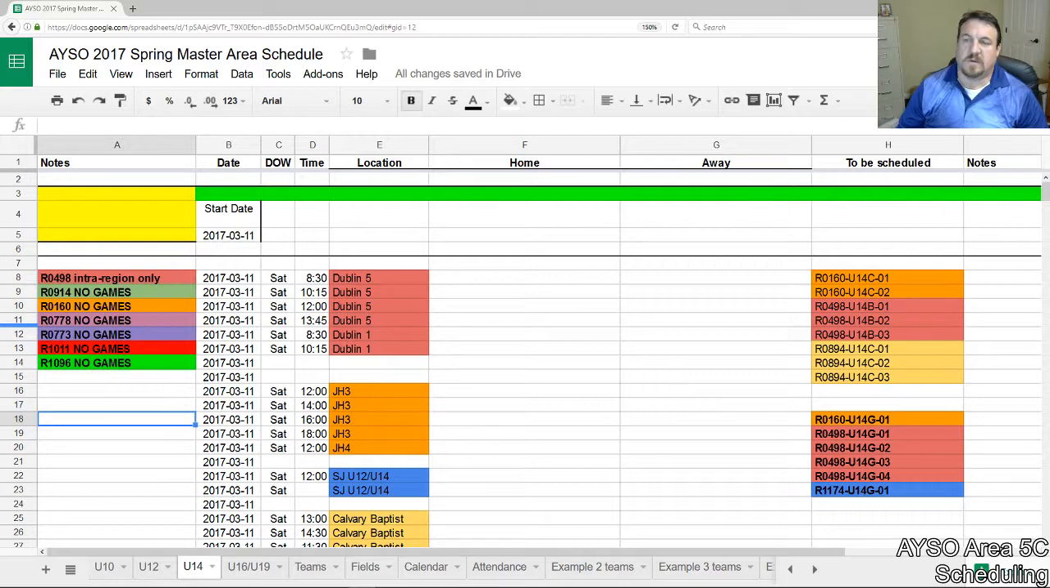So this is just to help new schedulers know what to expect for the area scheduling that we do. What you'll do is get a link to this Google Doc, which you see on the screen, and that updates every season. You'll also get a call-in number, and we'll have a conference call. Everybody that's involved in the scheduling will call in,